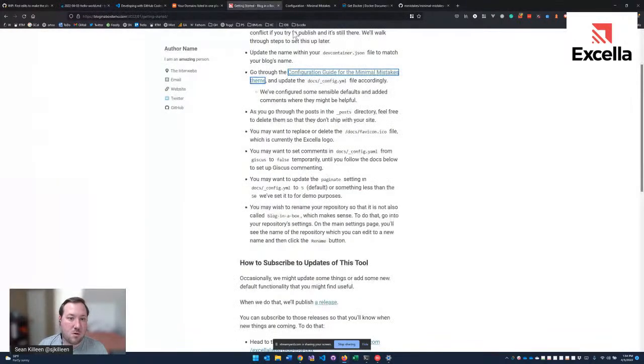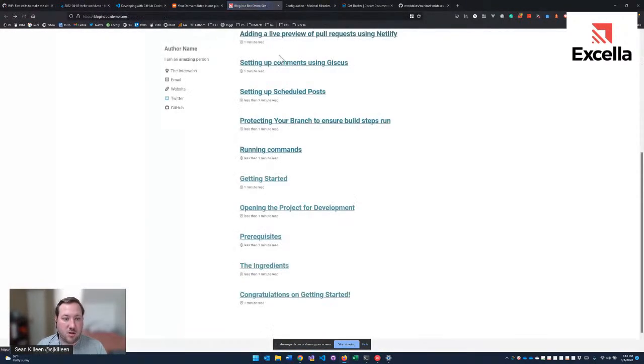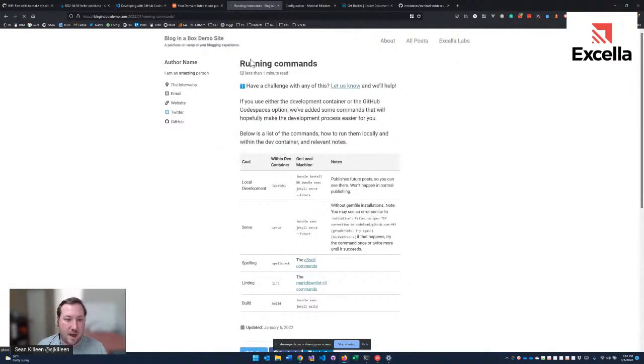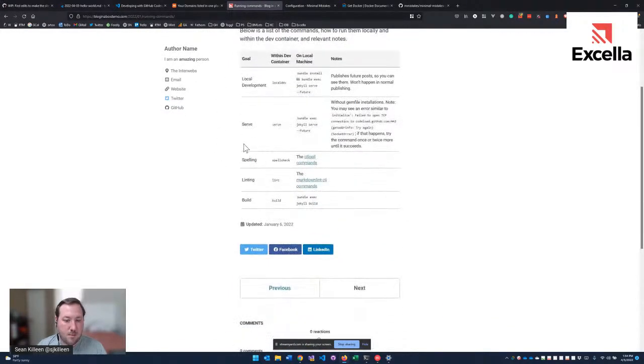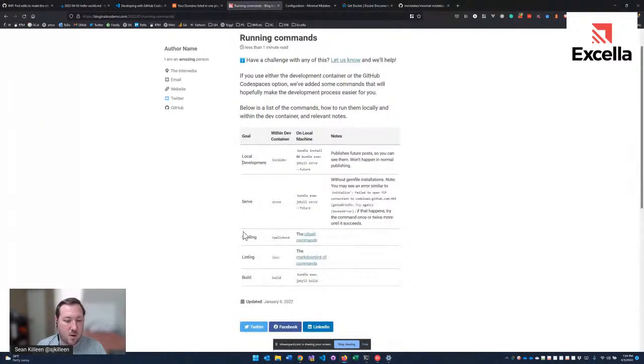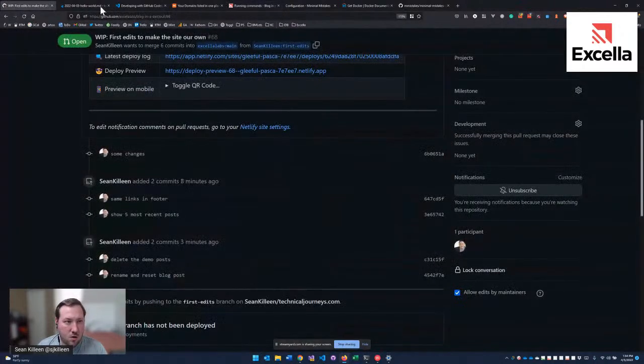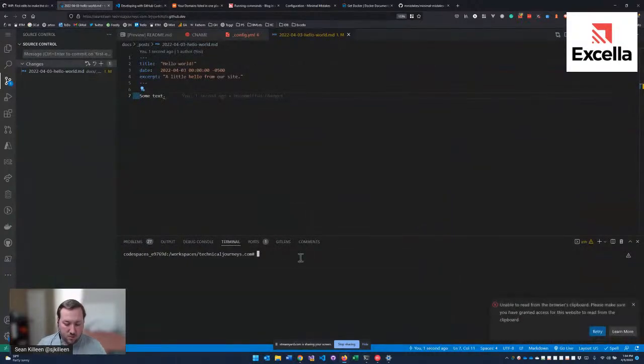Now, in the demo blog site here, we can see there's an article called Running Commands. And that'll show you how to do some of this stuff here. But just for our sake, we'll go ahead and run some commands here. All right. So the first command we'll do is we'll run the build command. What that's going to do,